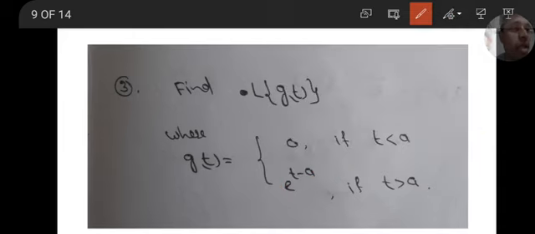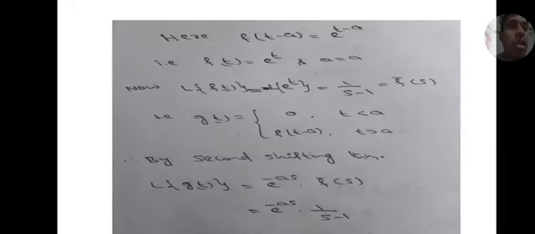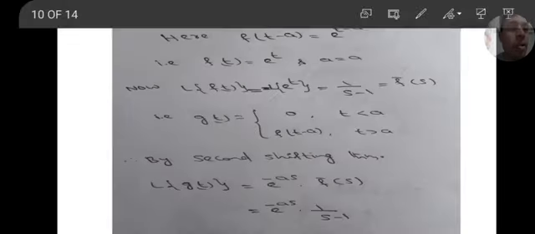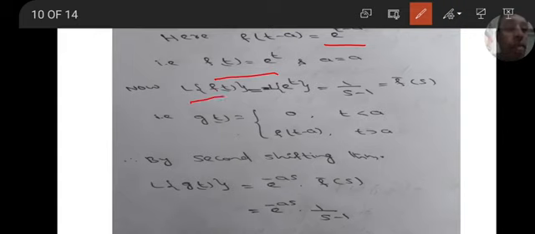So we have to take f of t minus a equal to e to the power of t minus a. Therefore f of t equal to e to the power of t, a equal to a only. So L of f of t, that is L of e to the power of t, L of e to the power of a t, is 1 by s minus a, here a is 1, so 1 by s minus 1, f bar s.